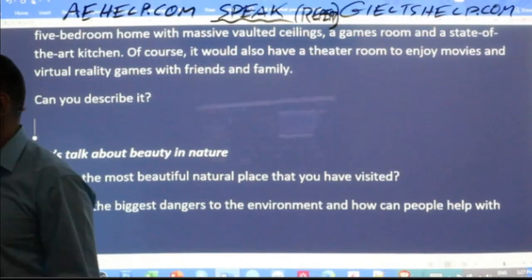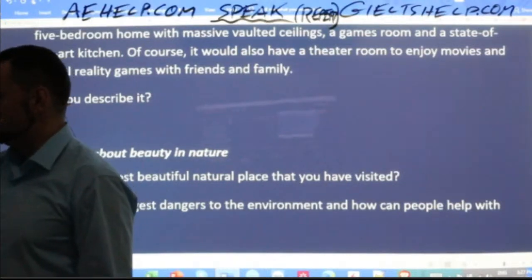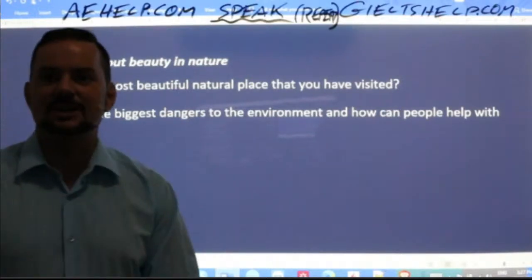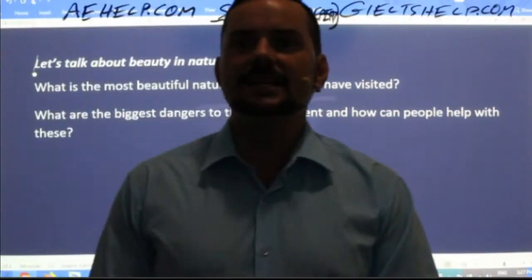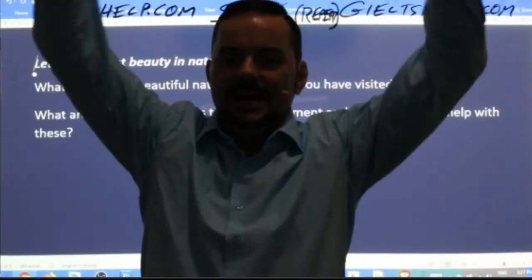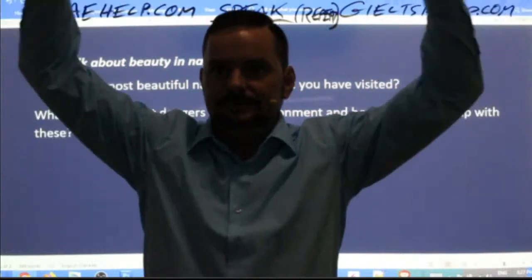Okay. Can you describe it? We just did that. So let's go to the next question. Vaulted ceilings, Shub Sharat, means that the ceilings are very high. They have this kind of V shape. Okay.